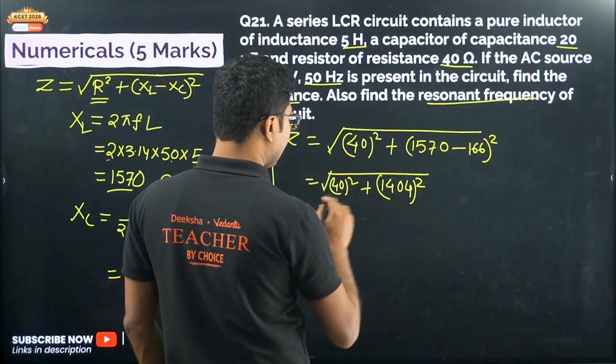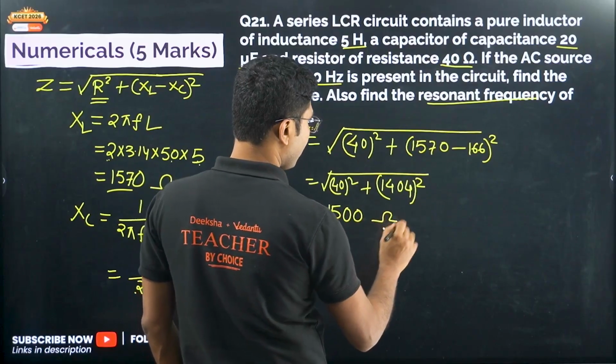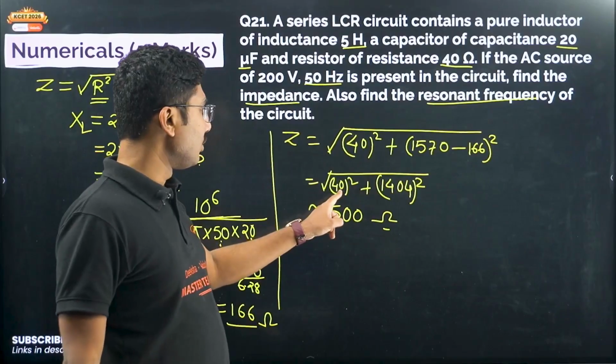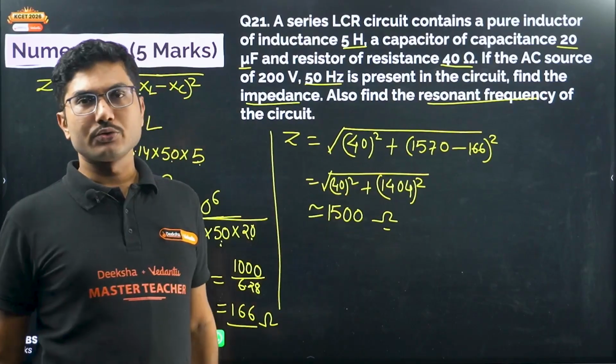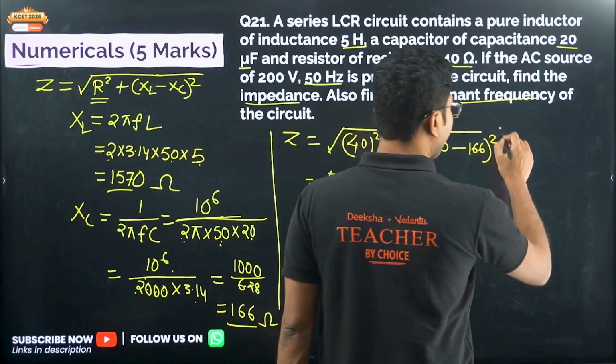Okay, so if you calculate, it should come around approximately 1500 ohm. Okay, because this is the most dominating part, and this is the lower value part, so it should be close to 1500. Exact value we will see in a while, but before going into that, we have to calculate the resonance